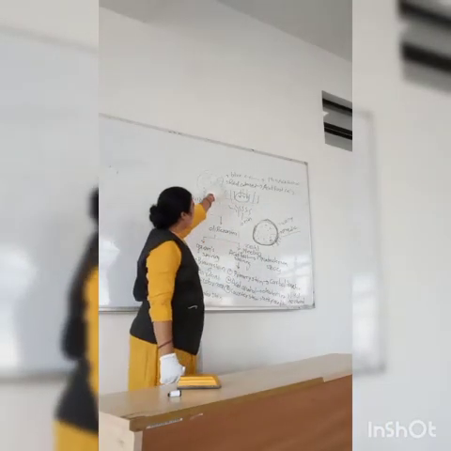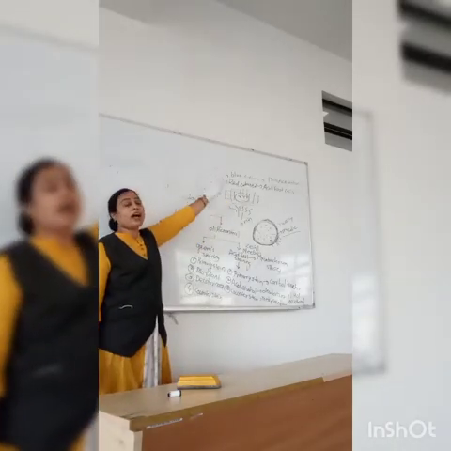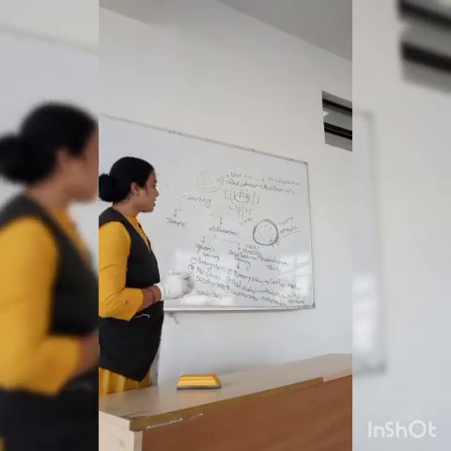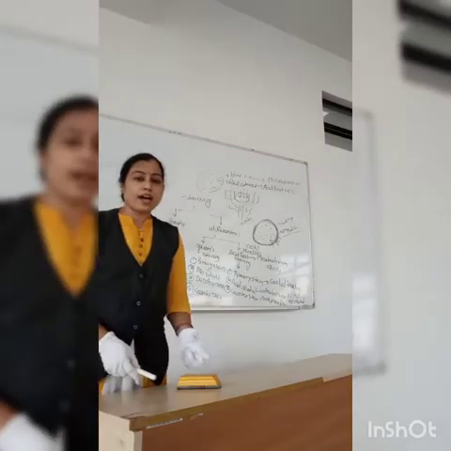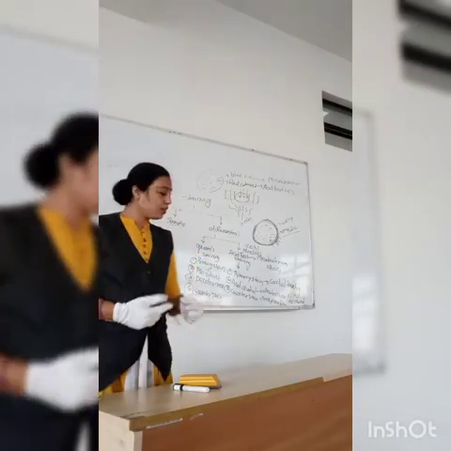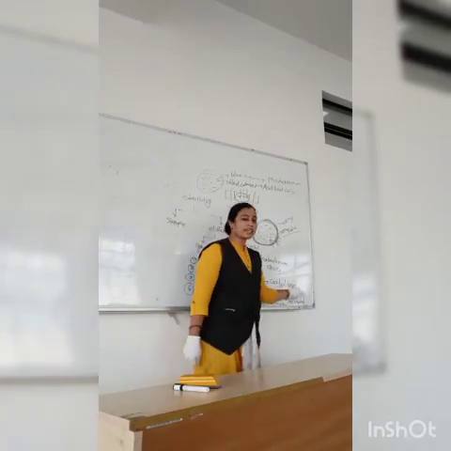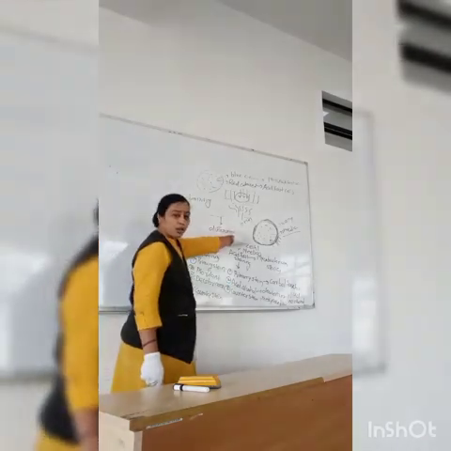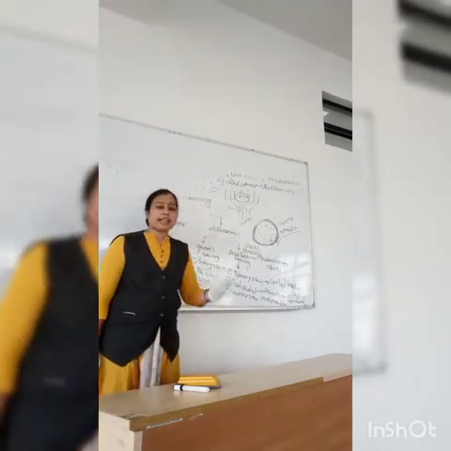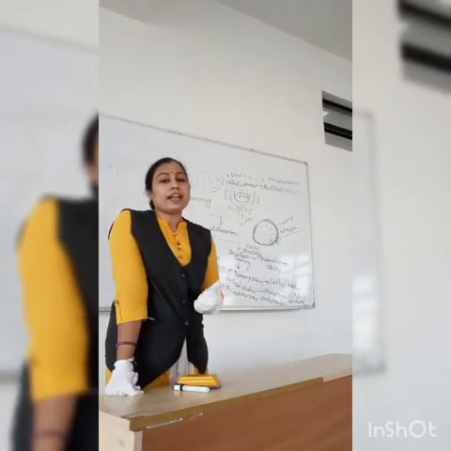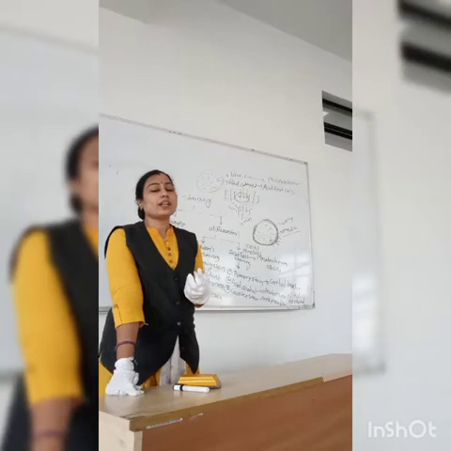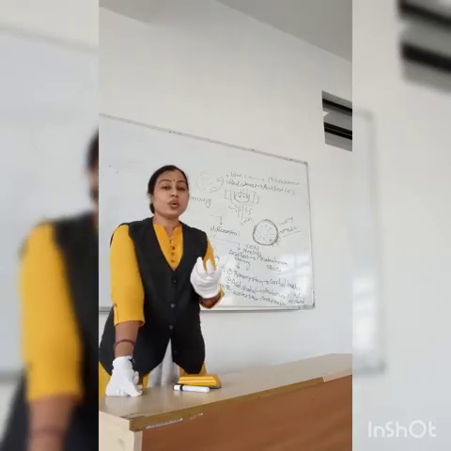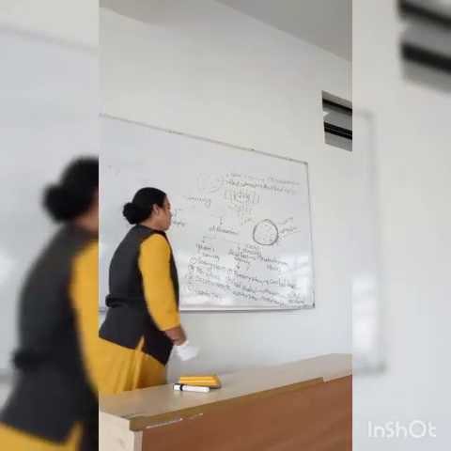So easily, with the help of colors, we can identify which cell is acid fast and which cell is non-acid fast. Then why is it called acid fast cells? Because, as I told you, after applying the primary stain, that is carbol fuchsin, a red color appears on the cell. But even with vigorous use of acid and alcohol, we cannot decolorize it easily. It cannot lose the color easily, so it is called acid fast.